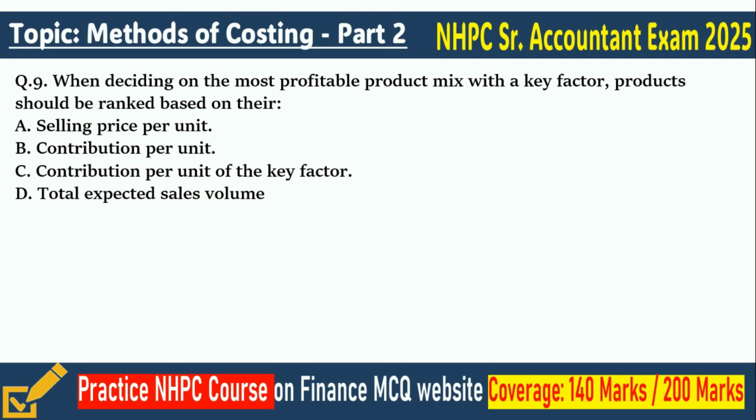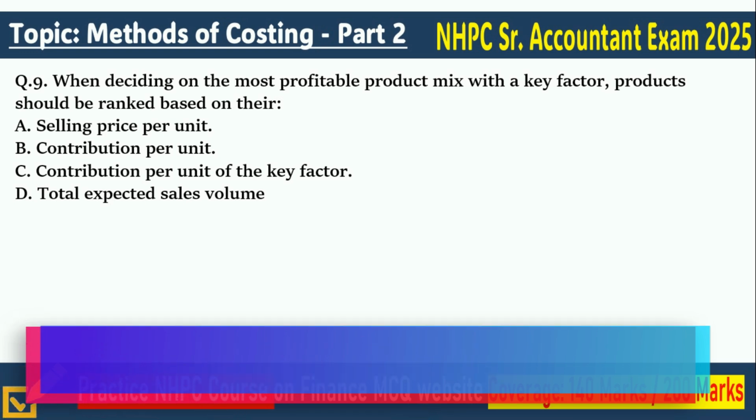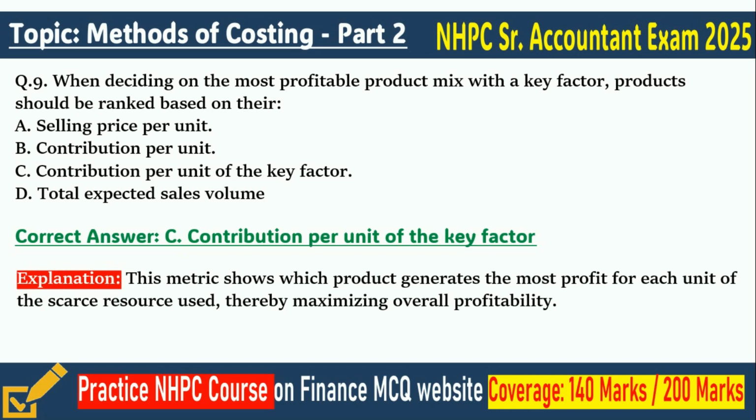When deciding on the most profitable product mix with a key factor, products should be ranked based on their: option A, selling price per unit, option B, contribution per unit, option C, contribution per unit of the key factor, option D, total expected sales volume. So friends, don't get confused between option B and option C. The correct answer is option C, that says contribution per unit of the key factor. So friends, this metric shows which product generates the most profit for each unit of the scarce resource used, thereby